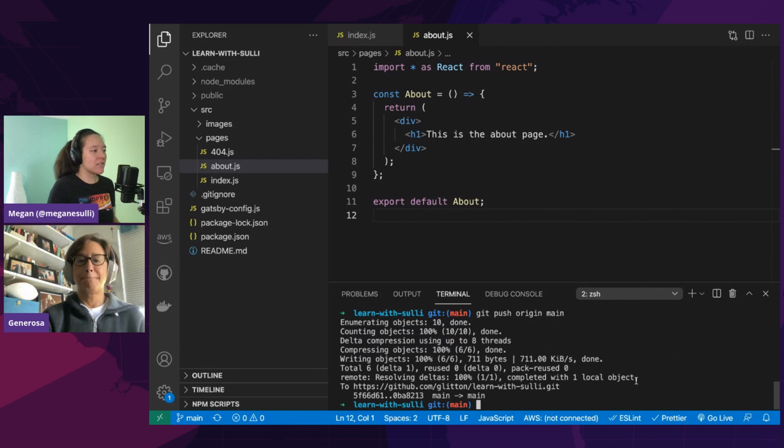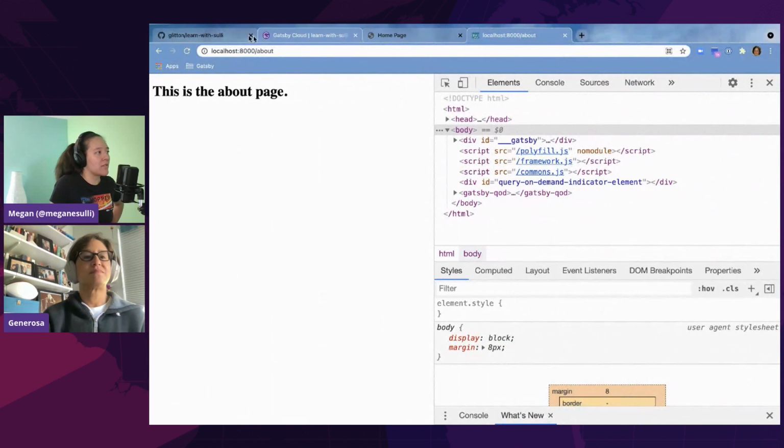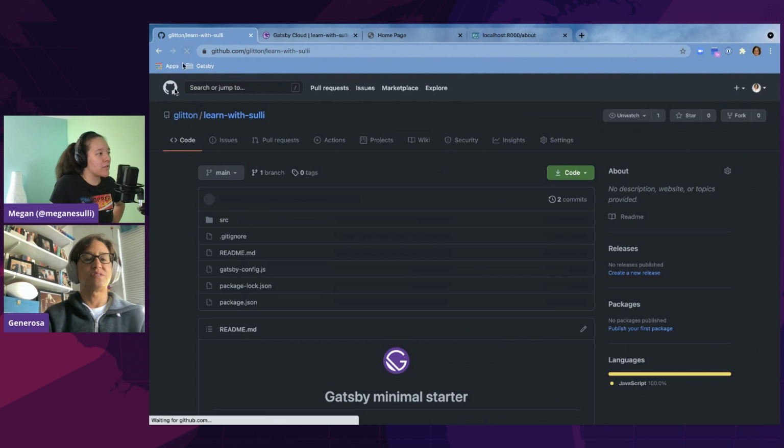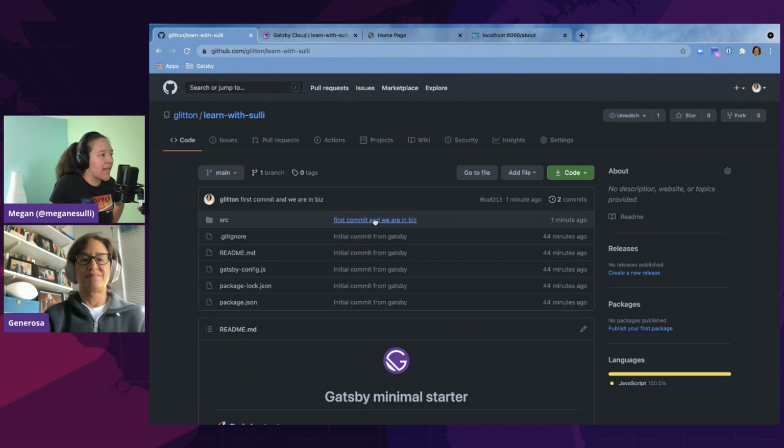Now let's do this in two steps. Let's check on GitHub, check your repo so that we can see. Okay, so you can see it. The commit message next to her little picture is the one that we just entered.